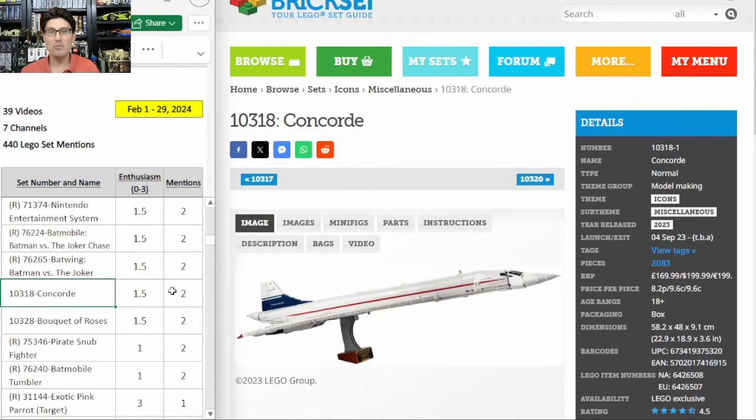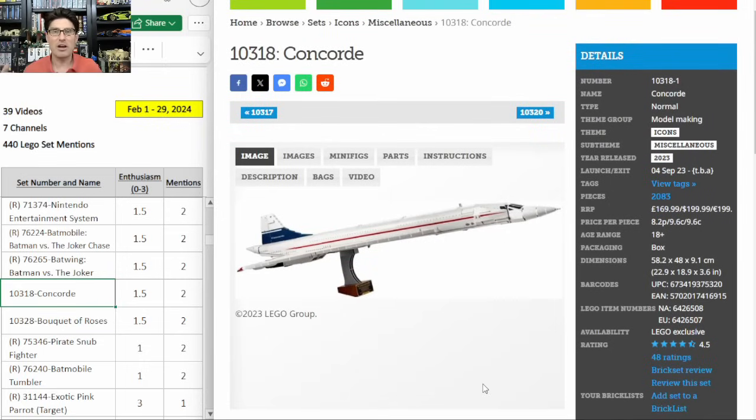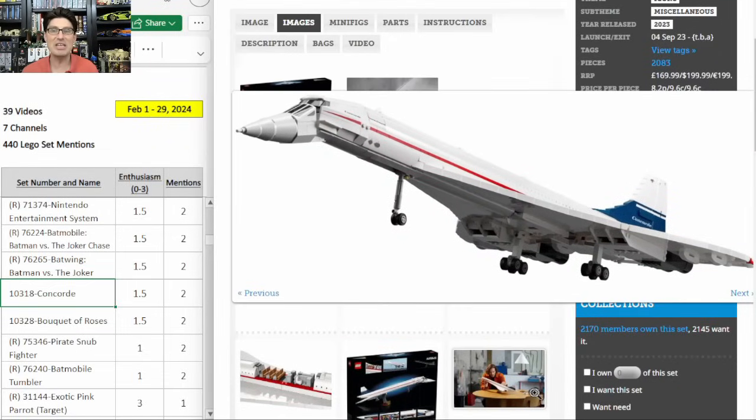10318, the Concord, 2 mentions, enthusiasm score of 1.5. It came out last September, so it hasn't been out very long. And this is an interesting one because it kind of came out of left field. The Concord is long gone. It's not the most pleasing looking aircraft, but it certainly has its place in history, and it's a unique looking